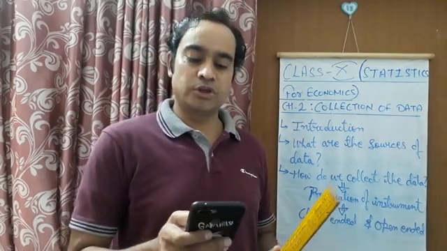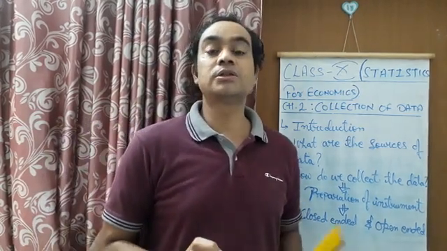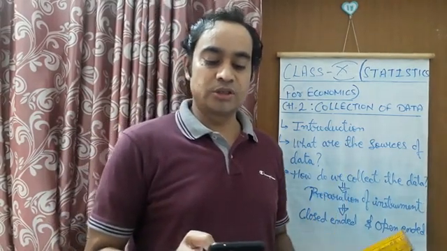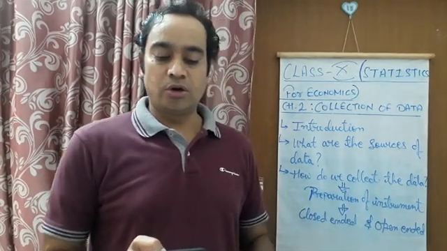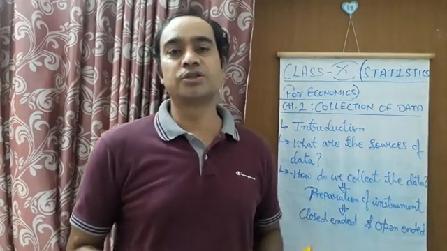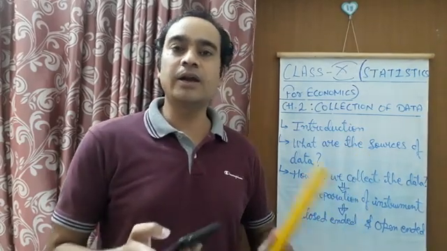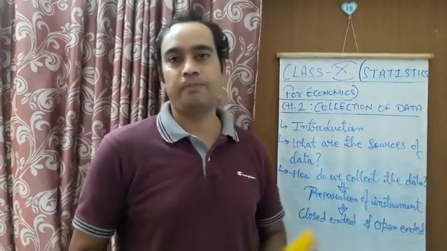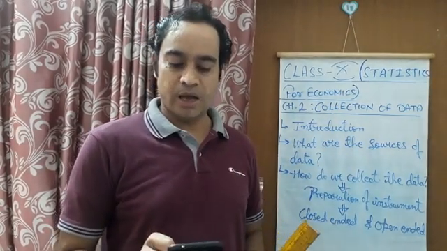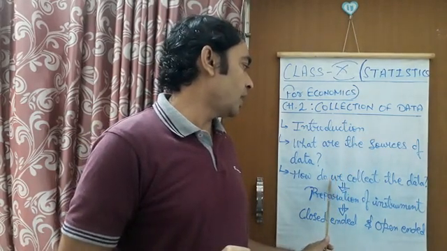This type of data, which is collected from any other agency, is called secondary data, and it is obtained from published sources such as government reports, documents, newspapers, and books. All these are different agencies which publish this data, and when we collect from these agencies, we are collecting second-hand data, or secondary data. So these are the two sources of data that we have here, and let's see how we collect the data.